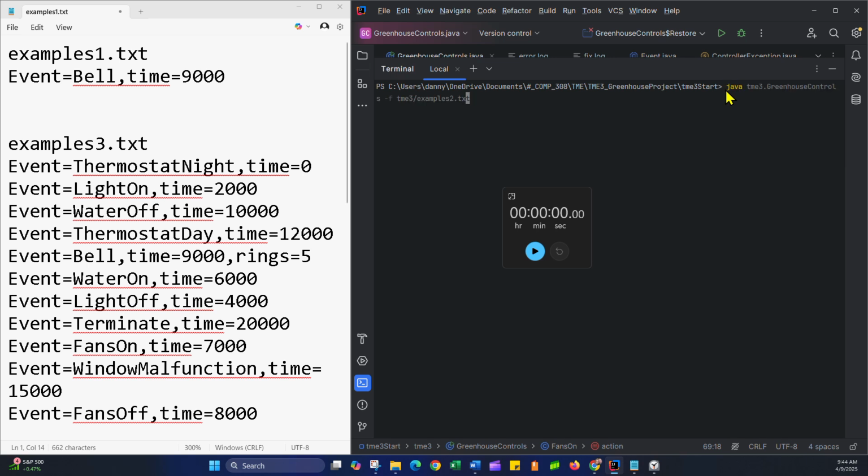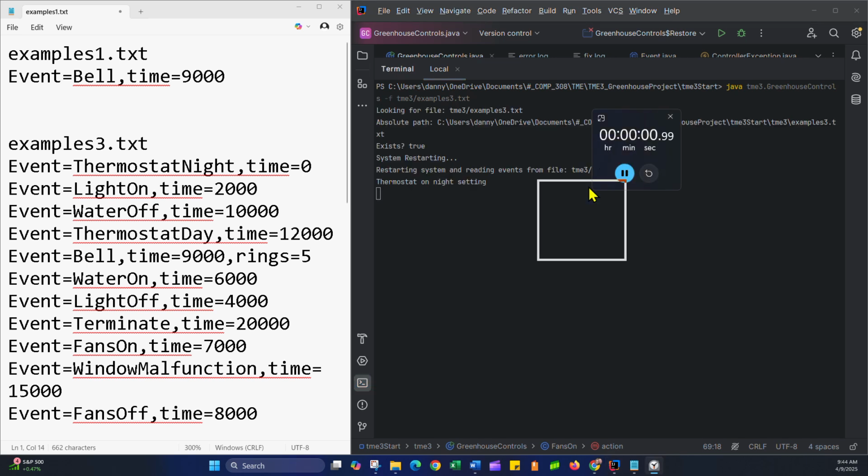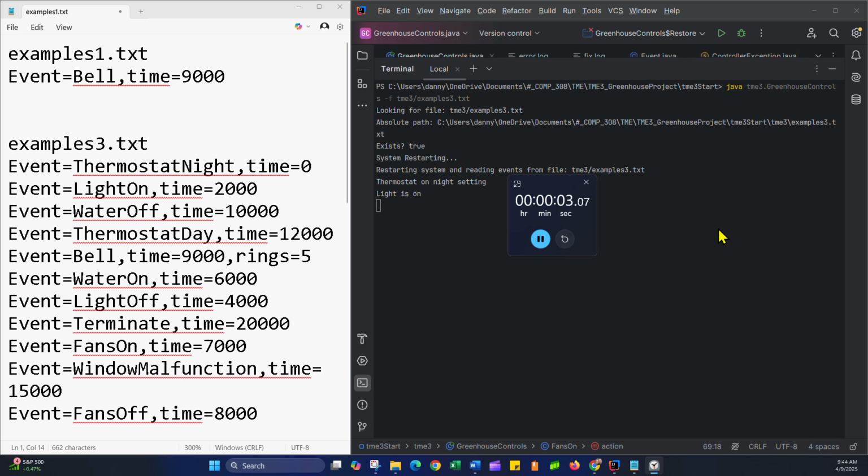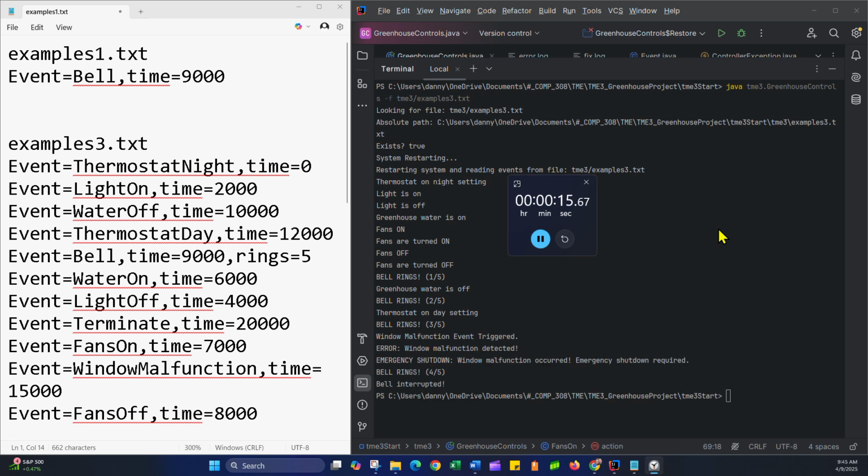So now if we run example 3, which we've already done, but we'll do it again anyway. Four, 6, 8, 9, 11, 13. My counting might be off there, but we've already seen this one go through, and everything's in the